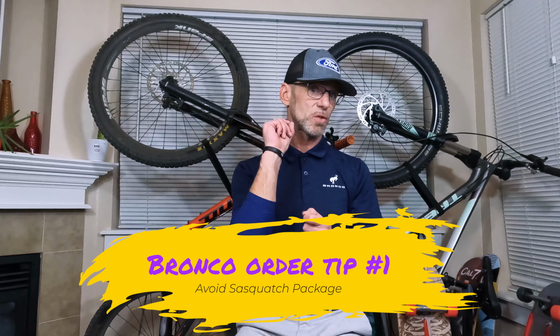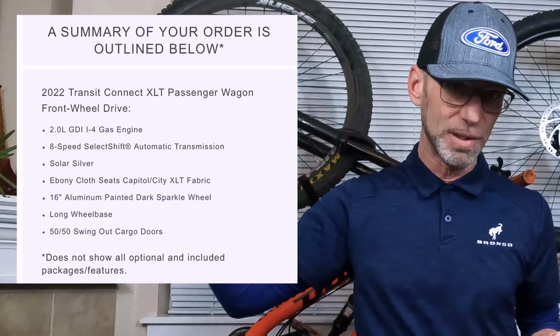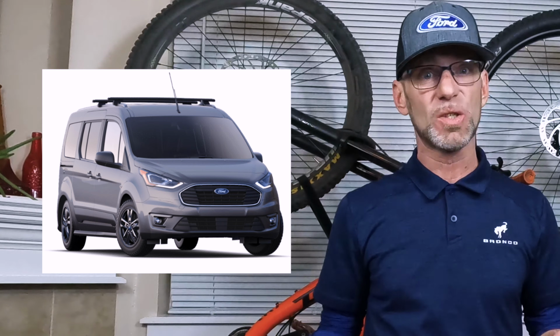So the demand for those Sasquatch parts is incredibly high. And I want my Bronco sooner rather than later, because I've also got a Transit van on order that's not going to come until probably this time next year. But in the meantime, I want to get something sooner rather than later. So we're crossing our fingers, hoping this configuration will get us our Bronco a bit sooner than, say, a 4-door